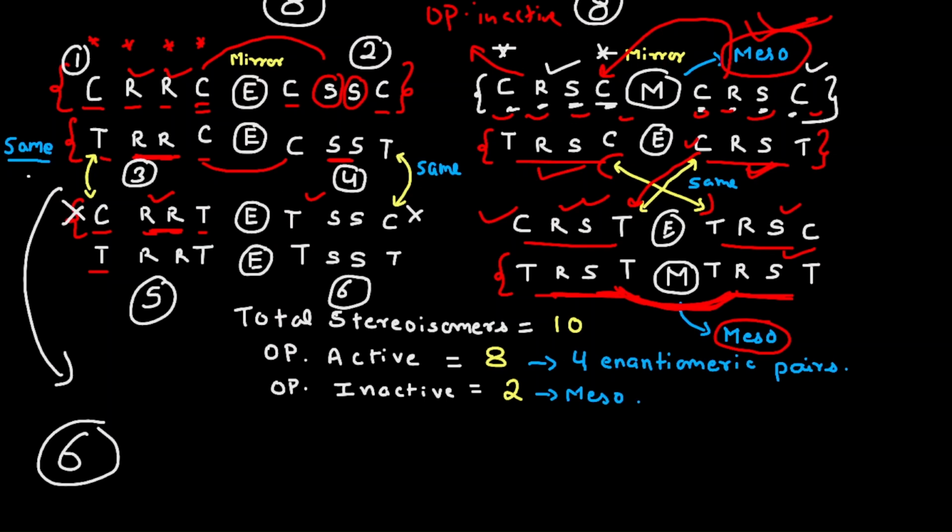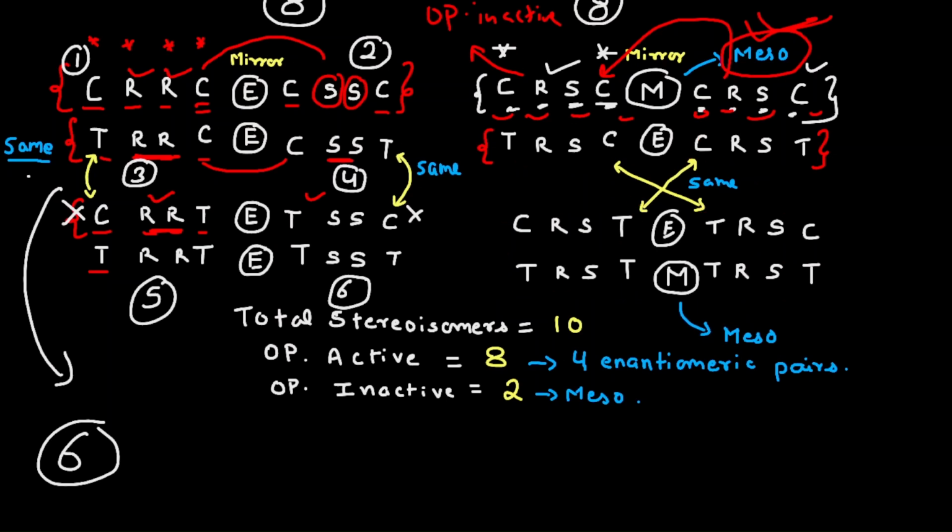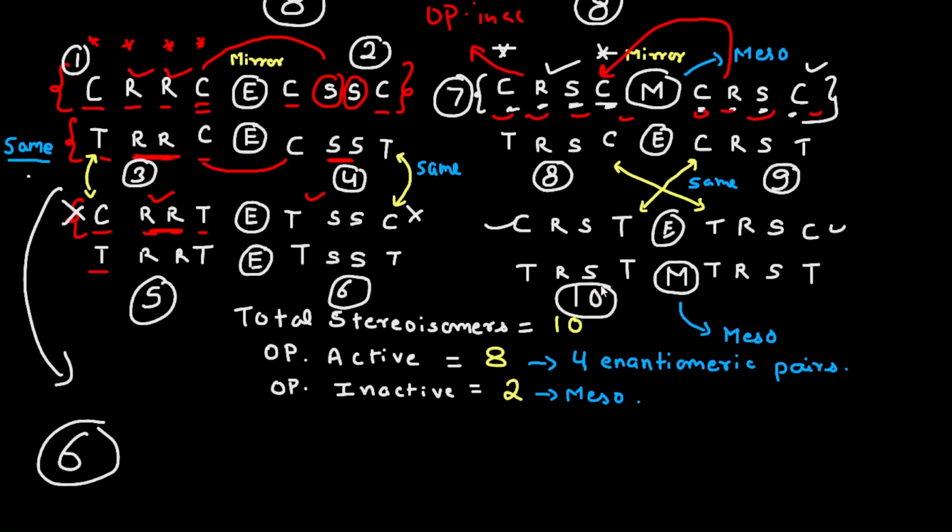Now, from this second column, let us try to understand how many different stereoisomers we have obtained. Let us count all of those. So this is the seventh one. Six we have already counted. The seventh one, these two are the same. We will not count it twice. This is the eighth one, this is the ninth one, and these two we have already taken, so we are not going to count them once again. And this is possibility number 10, and this is the same as this, so it won't be counted two times.